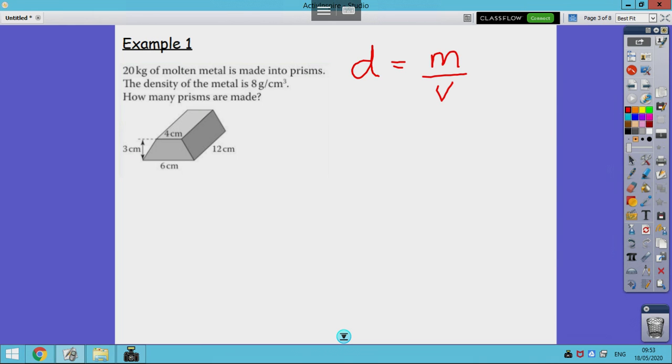So we're given the mass and we're given the density, but we need to find the volume. Now I want you to notice here that this is in kilograms and this is in grams. So we're going to change the 20 kilograms to be in grams, okay? So 20 kilograms, we multiply it by 1,000 to get it in grams. So that would be 20,000